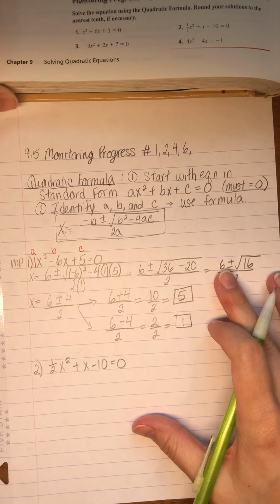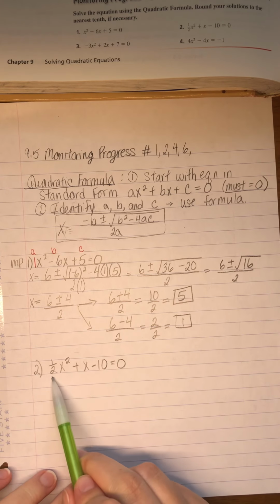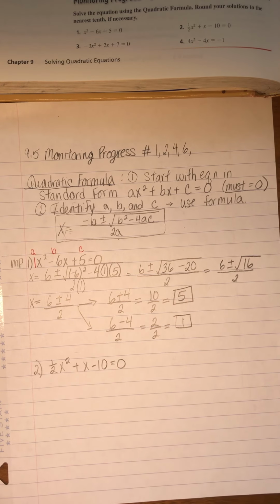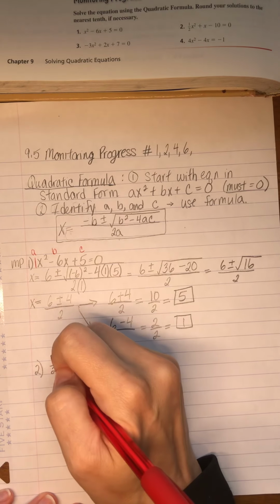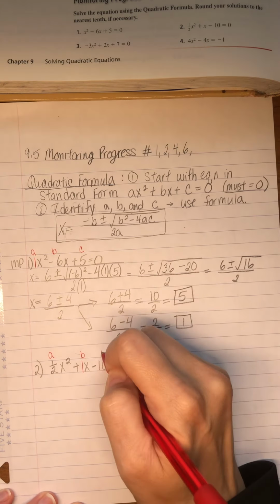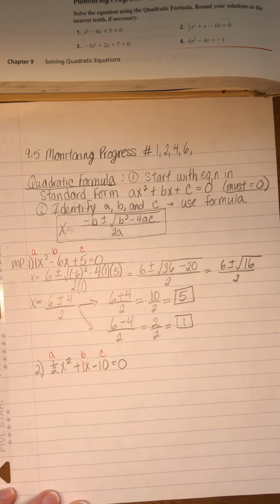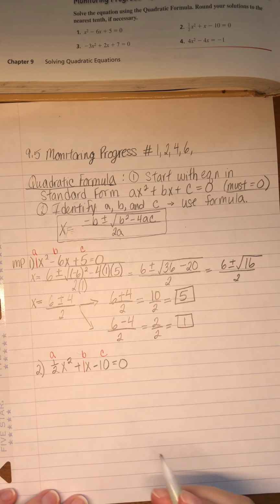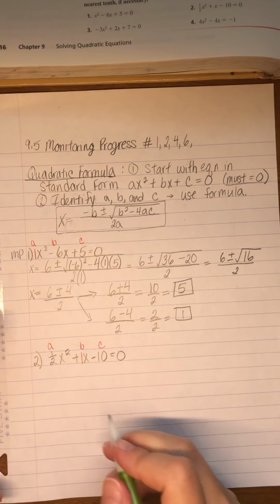Okay, again, let's first notice that this equation is in standard form and it's equal to 0, which is a great start. Let's identify our A is 1/2, our B is 1, and our C is -10. We're going to plug this into the quadratic formula. Here we go. We get x equals